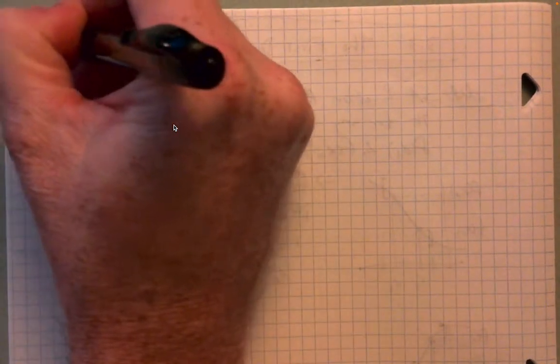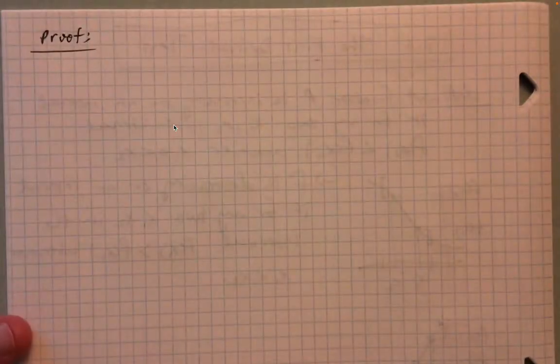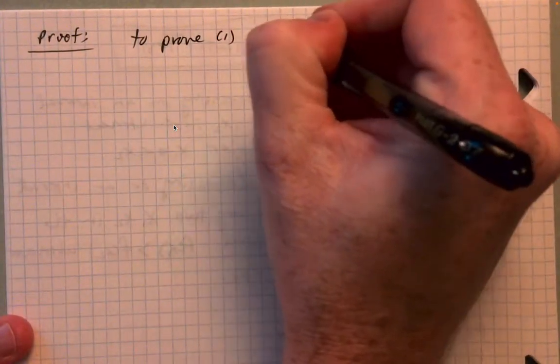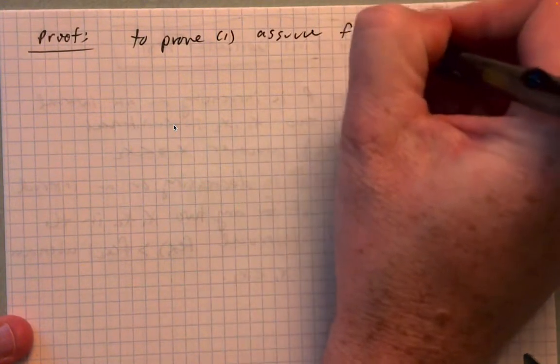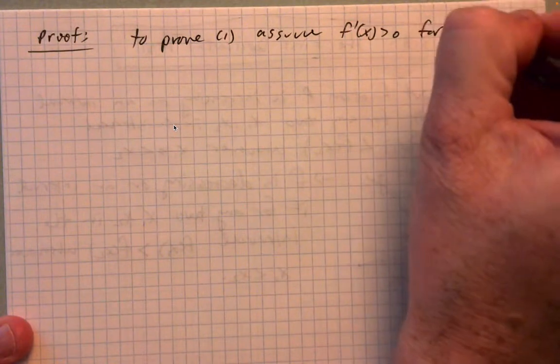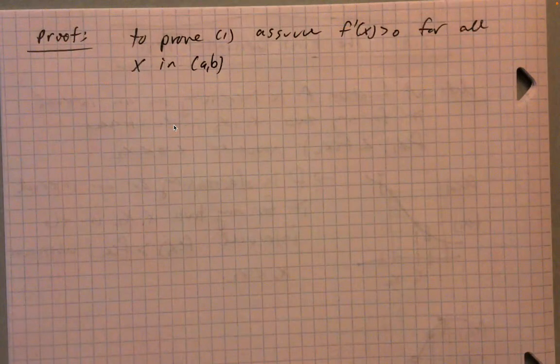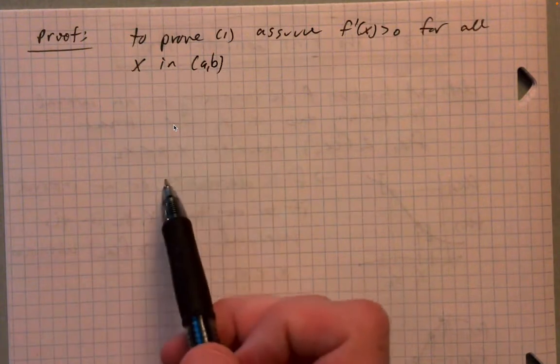Okay, so we won't prove all three of them. We'll just prove the first one because I think the others are basically identical. So we'll take this in cases. We'll just prove the first part of the theorem. So we'll prove 1. And so to prove 1, okay, assume f prime of x is greater than 0 for all x in the open interval AB. Okay, so we're assuming that the derivative is positive for all of the x values in some interval AB,